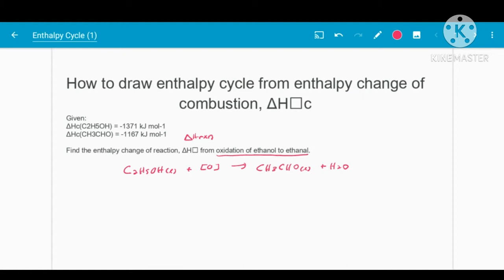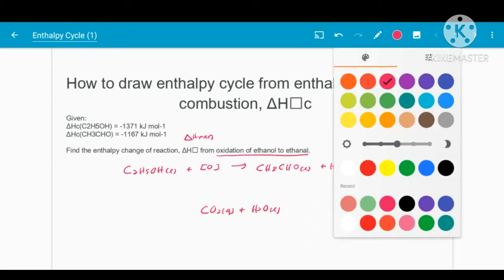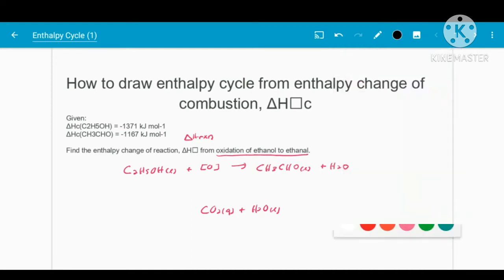What is the product of combustion? Most organic compounds, when undergoing combustion, produce carbon dioxide and H2O. So write down the product of combustion: CO2 gas plus H2O liquid. Okay guys, so this is the product of combustion, and the third step is to draw the arrow of the reaction. For combustion, of course, the compound produces carbon dioxide,